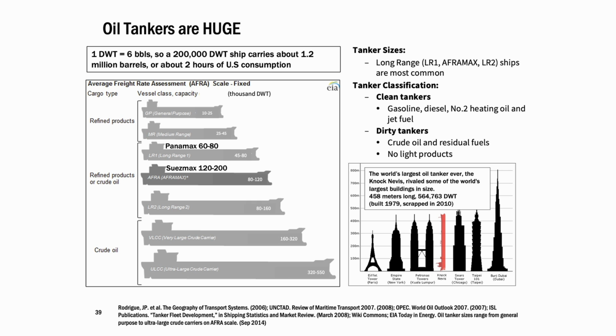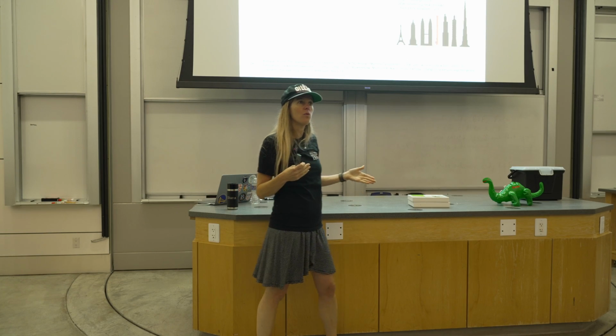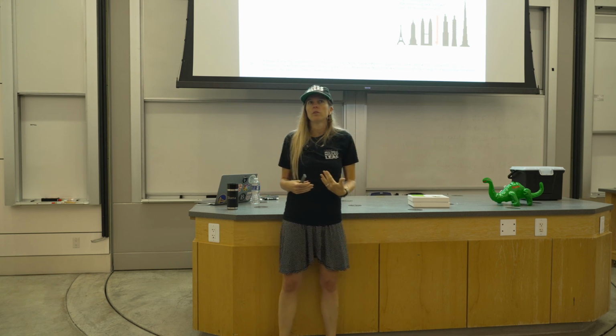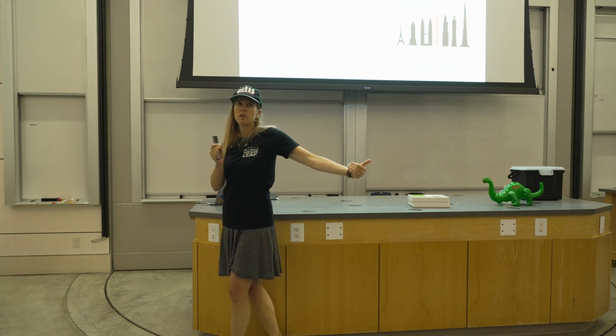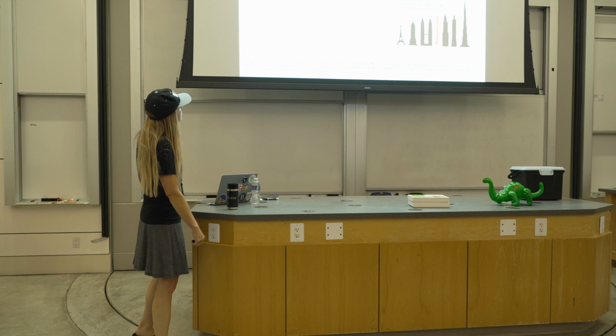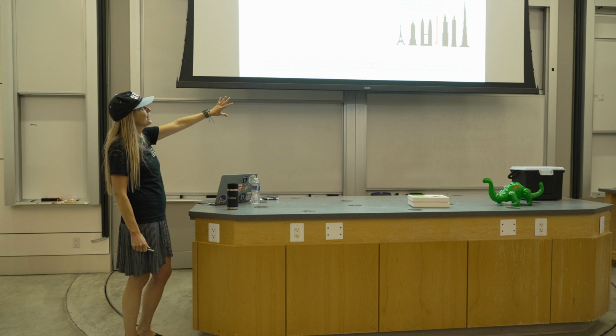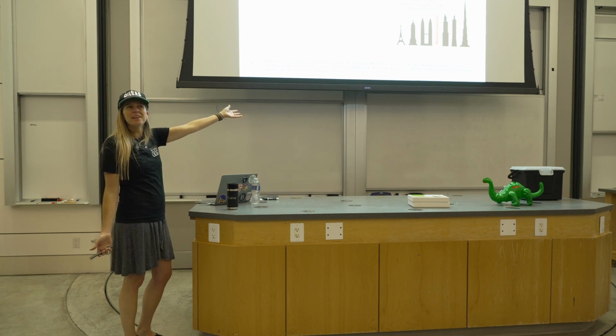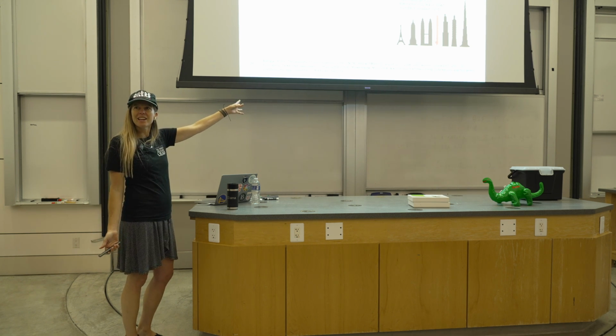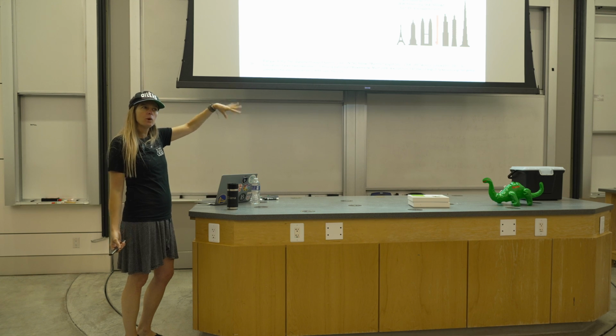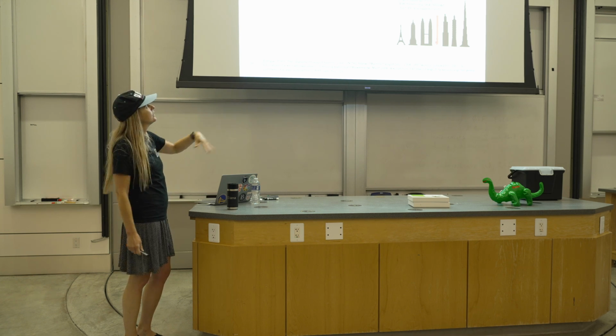These larger crude oil tankers, though, can't fit through some of those things like the Suez Canal and the Panama Canal. And so they do have size restrictions in terms of what route they're going through. There are size restrictions in order to fit in the locks to go through some of those locations. They're called clean tankers or dirty tankers, not because they're clean or dirty, but it just means whether they're a product tanker, like they've already been refined, or it's just the crude oil. That's our dirty tankers.